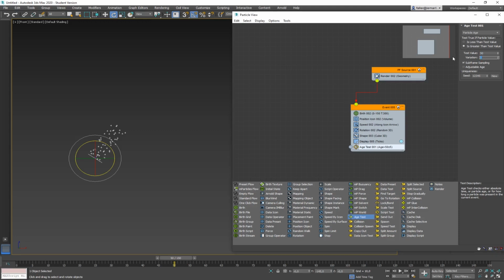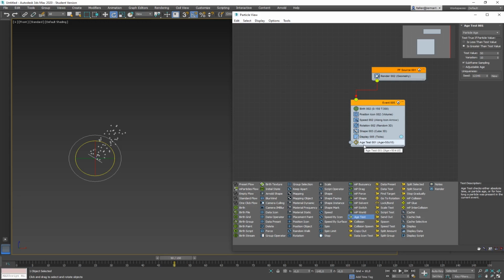With a variation, let's make it a bit more, 10. So as soon as they reach 50 frames of age, plus minus 10, so there's a little randomness in it, they are tested positive. So the test event of the test stage here is tested positive. And what I'm going to do with the event, once they turn a certain age, they will, I don't know, let's say they turn into